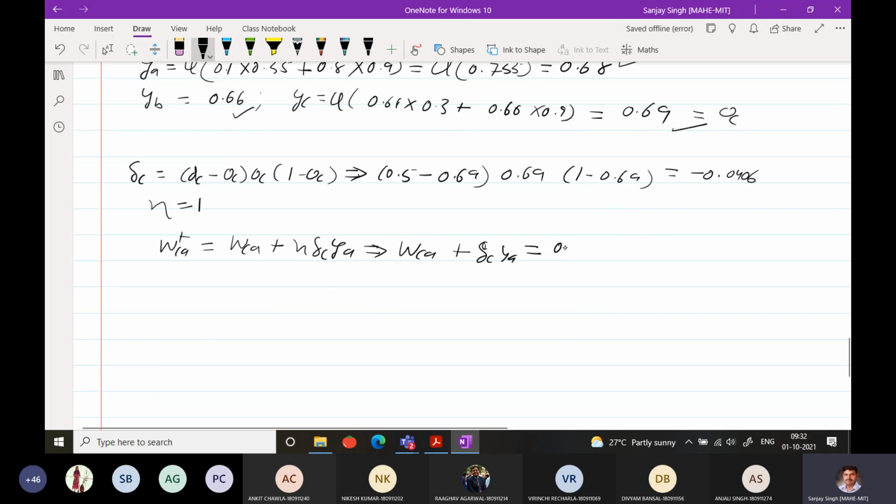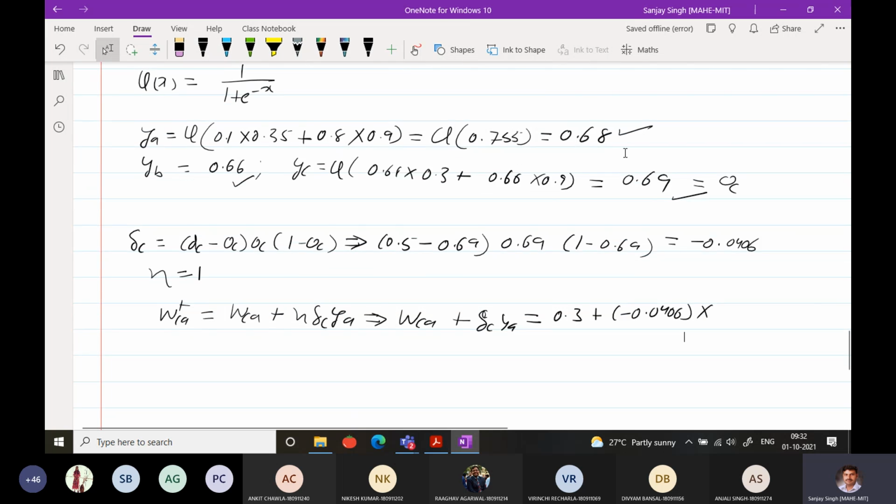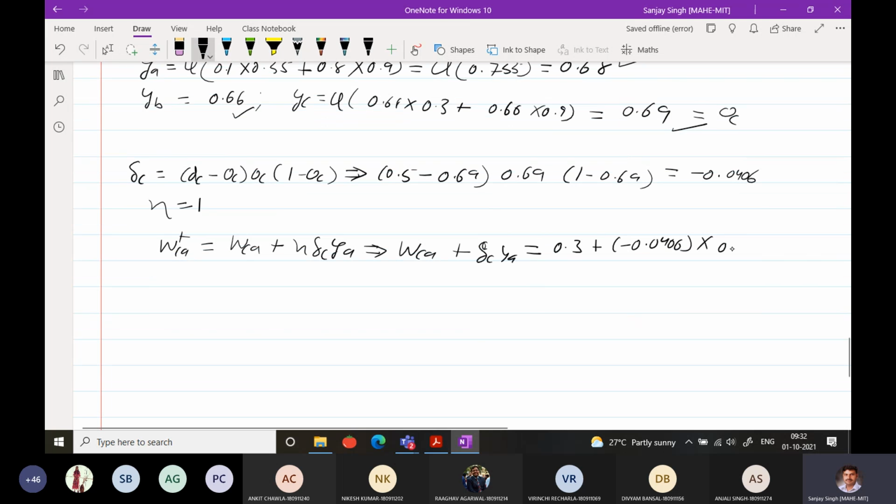So we have 0.3 plus this value of delta C, that is minus 0.0406 into YA. YA is 0.68. This value comes out to be 0.2724. See that CA, which was earlier 0.3, is now reduced to 0.2724 due to this error propagation. Likewise, I am writing the direct value now,